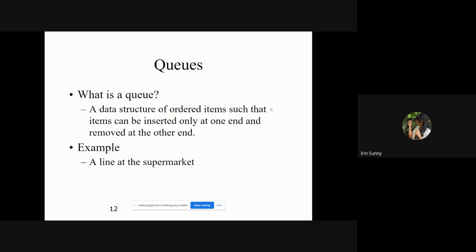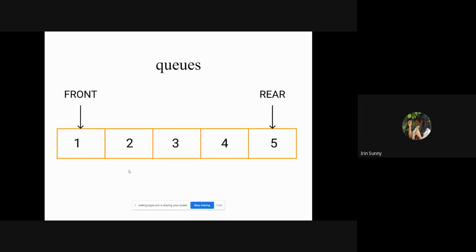In a stack, we only had one iterating variable, top. Even the entry and the deleting happen through top. But in a queue, we have two iterating variables, that is rear and front. Through rear we enter the data, and through front we delete the data.